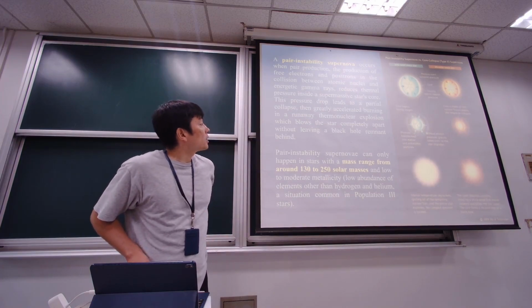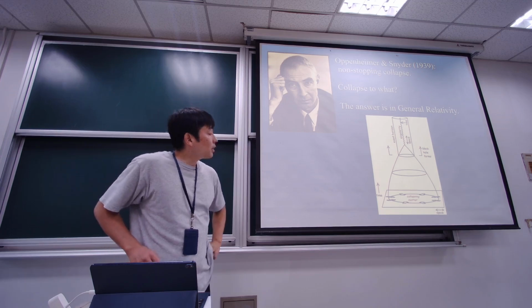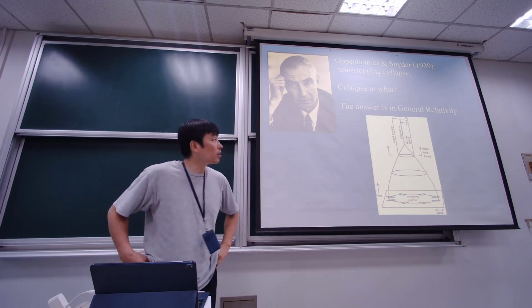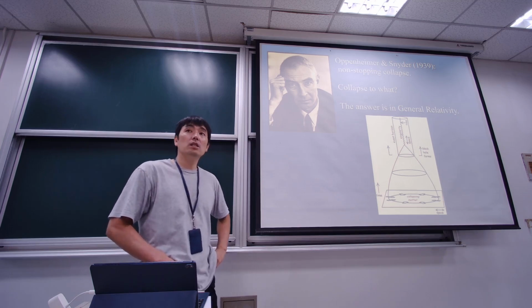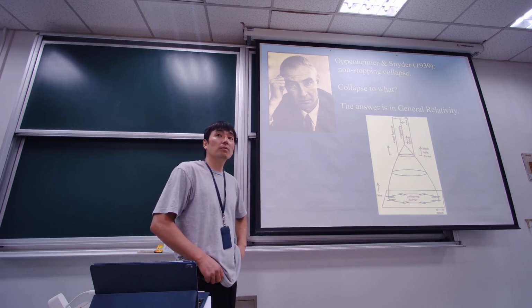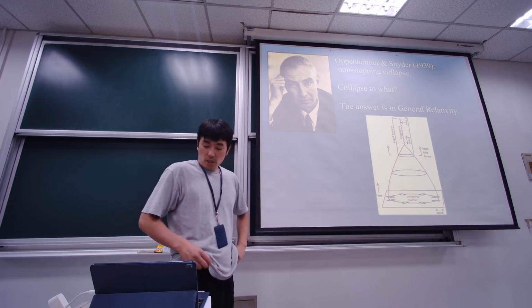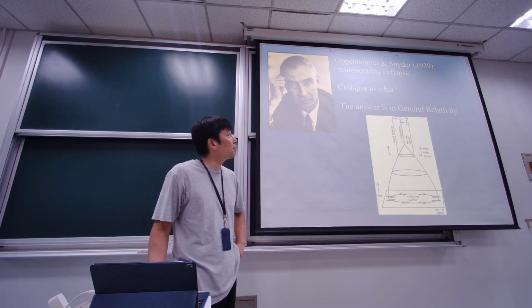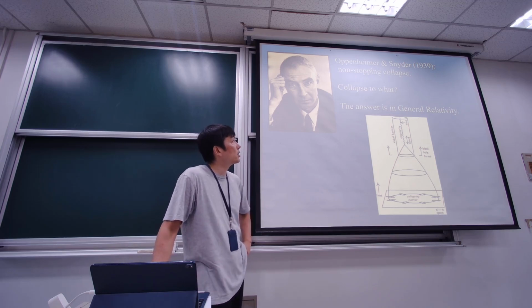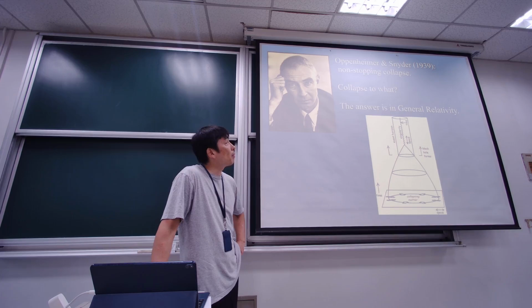Okay, so then there's a story about supernova, but I'm not going to go into the detail. Nowadays more than half a century has passed after Einstein's theory, the birth of general relativity. But the concept of black hole is a big idea. First Oppenheimer and Snyder mentioned that if the star is big enough, the gravitational collapse is unstoppable. That's 1939.